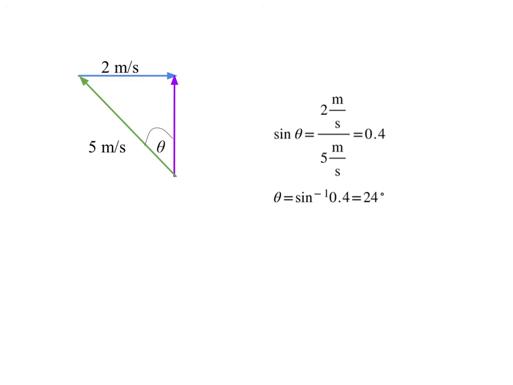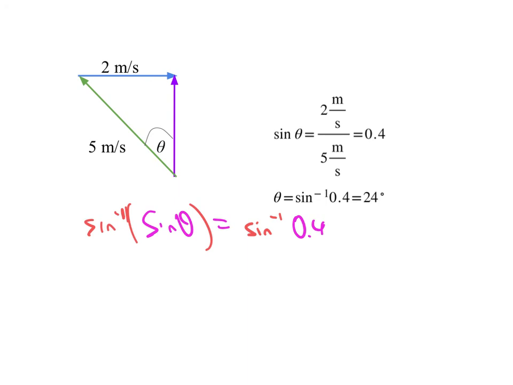All right, so we say sine of theta is 2 meters per second over 5 meters per second, or 0.4, and therefore, if I apply the inverse sine function, right, if I have sine of theta is 0.4, to get rid of the sine, I have to take the inverse sine of it. All right, I can't just divide by sine because sine's not a prefactor, it's a function. So I find the function that undoes the function, but then algebra says if I do it on the left, I have to do it on the right.